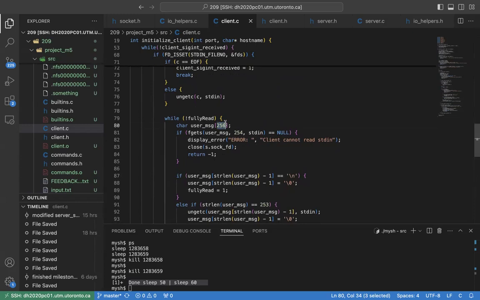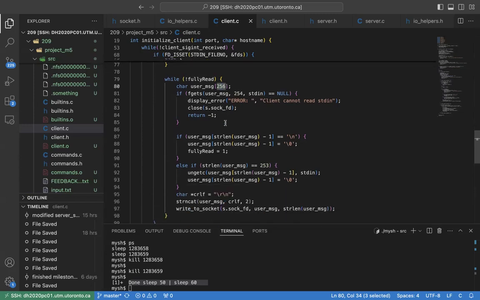The way I handle overly long messages is cutting up that long message into chunks, 256 bytes each, right? So that long message will be treated as multiple messages to be sent to the server. And the server would treat each chunk of that big message as an individual message, properly formatted, and send it